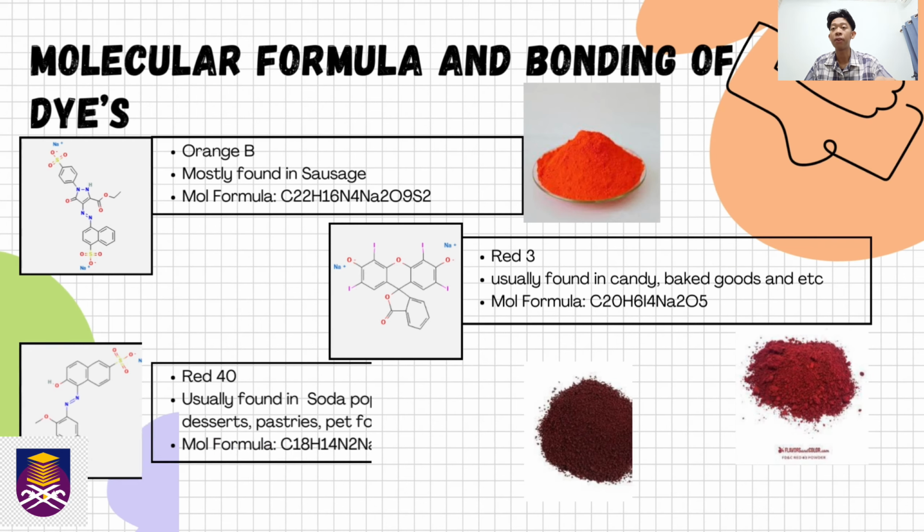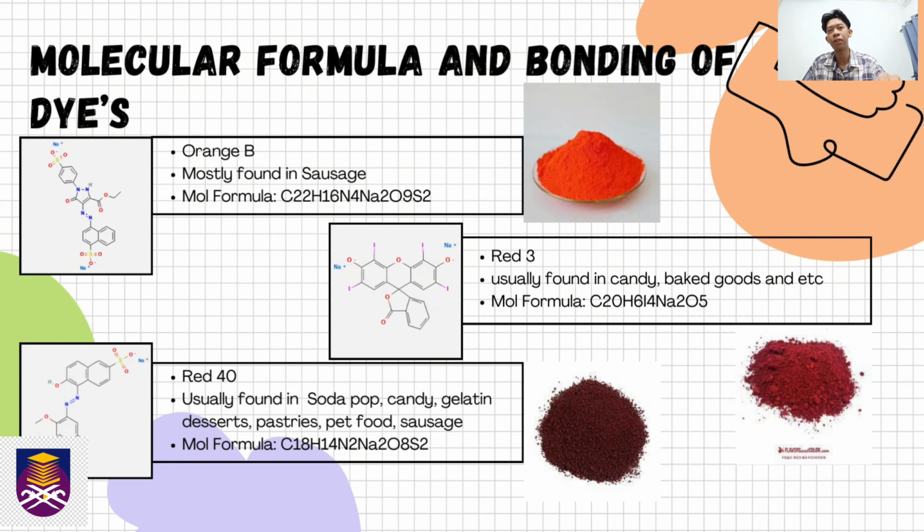Next is Orange B, which is mostly found in sausages. But sausages are not good for life, but we could talk about that later. But this is the molecular formula, where it has carbon 22, hydrogen 16, sodium 4, oxygen 9, and